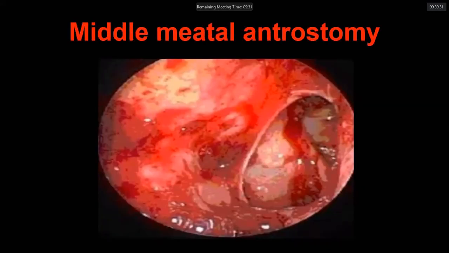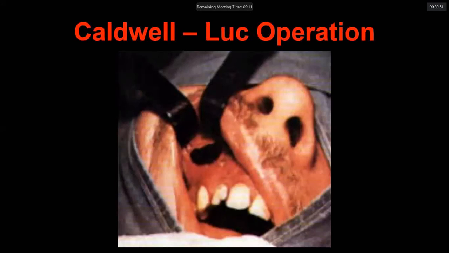Now, this is what I mean by antrostomy. The antrum is not so large naturally, but it has been widened so that it will regulate the drainage of the nasal secretions and it will prevent recurrence. This is the Caldwell-Luc operation that I mentioned some time earlier. We make an incision in the gingivolabial sulcus, and from there we enter into the maxillary sinus, extirpate all the mucosa, and take out all the mass or pathology from there.